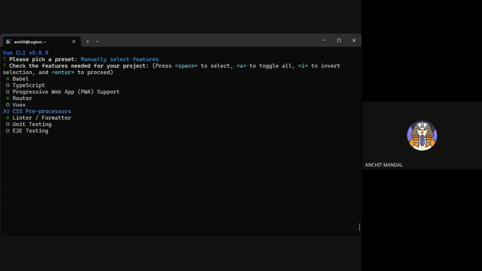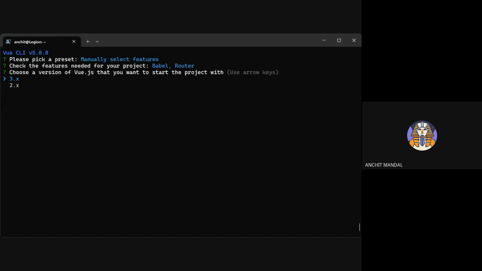Okay, Vue Router, and I want to remove linter. These two options I'm proceeding with. You can have multiple other options, like progressive app, and all that can also be done. You can just proceed with that. After you have selected the desired features, you can just press enter and you'll be